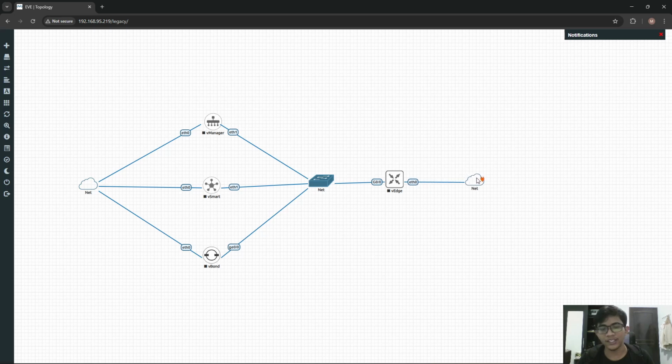Actually the devices will connect to the network or internet like this. The devices will make tunnels for communication among them.